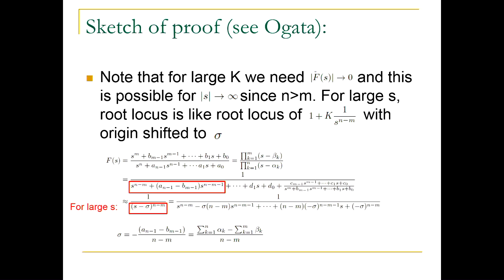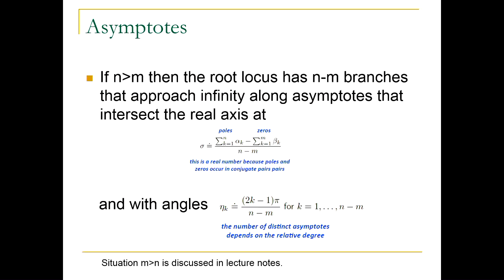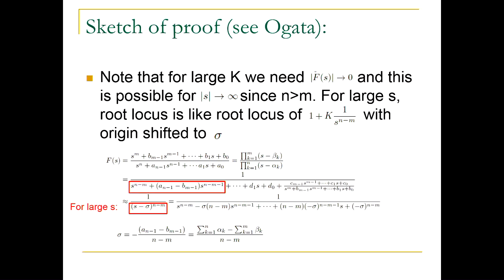Now, let's first explain where sigma comes from. I want to explain how you arrive at this, but the detailed proof is given in Ogata's book, and I will just explain here. I start by considering f of s, which can be written as a product of s minus zeros over a product of s minus poles. So I can rewrite everything in this way. What I did was divide everything by the numerator, and then I rewrote the denominator in this way.